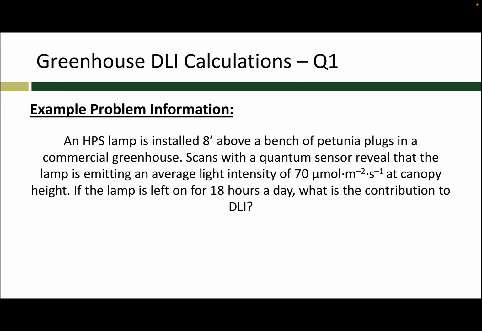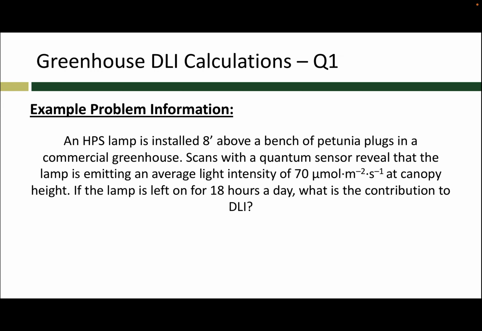And so let's go ahead and look at our first question here, where in this case we have an HPS lamp installed 8 feet above a bench of petunia plugs in a commercial greenhouse. Scans with our quantum sensor reveal that the lamp is emitting an average light intensity of 70 micromoles per meter squared per second at canopy height. If that lamp is left on for 18 hours a day, what is its contribution to our daily light integral,